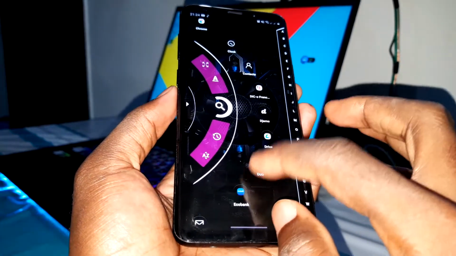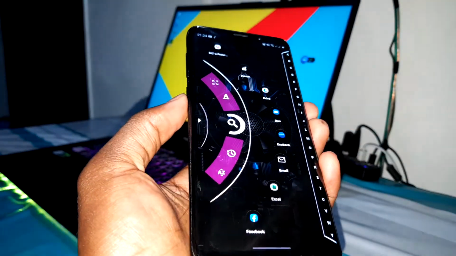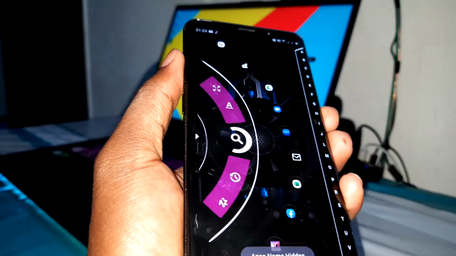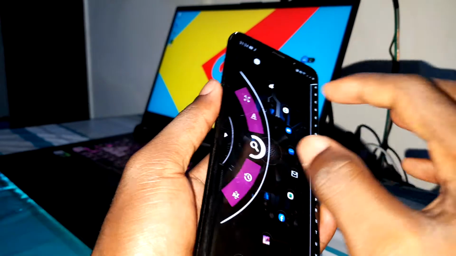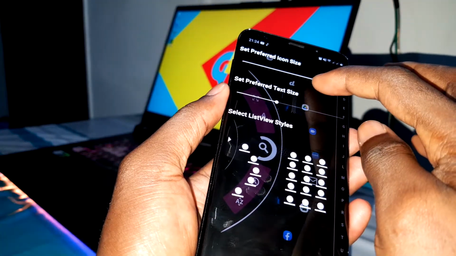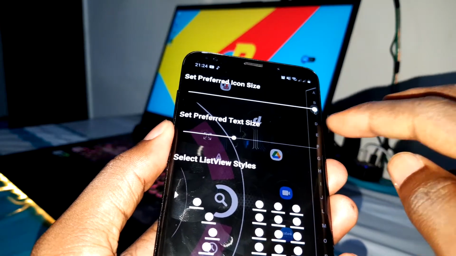What's the best for you? Which is the best? First, you can see also this. You can delete all of the names of your applications and increase the size again, the size of our applications.